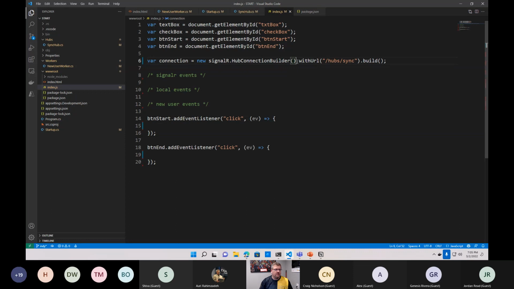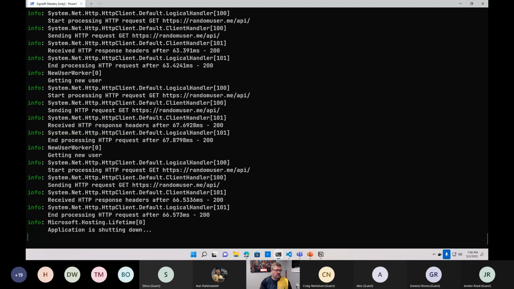Now, between the HubConnectionBuilder and build, I can add a variety of different options. I can turn on logging. I can set up access tokens, so if I'm working with an API that I want to authenticate against, we can do all that. If I want to change how messages are sent across WebSockets, I can change all that good stuff. We're not going to go that deep. All I really want in this case is a connection. Now, this connection is kind of useless because I haven't told it to connect yet. So down here at the bottom, we'll say connection.start. This tells SignalR, go to the server, hubs/sync, figure out how to do the connection, and let me know when you're ready. We come back out to our